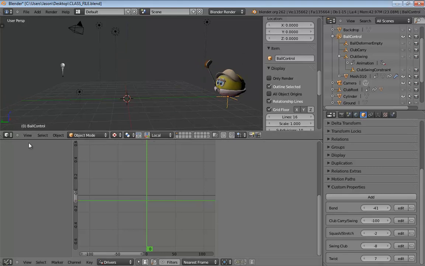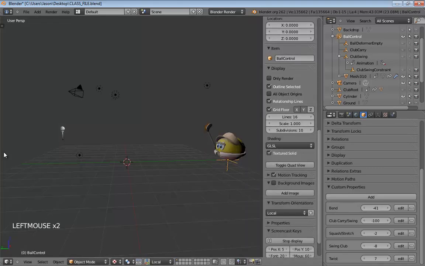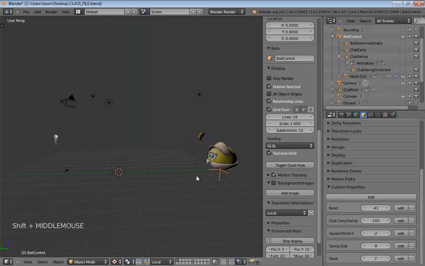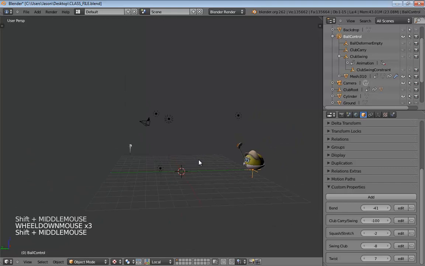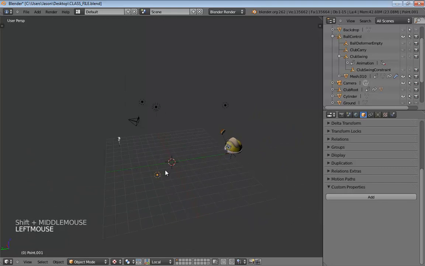I'm also going to put away our graph editor down here. We don't need it at the moment. I'll probably bring it back along with a timeline here in just a second. Kind of open up our view a little bit, and we don't really need all of these lights, but that's okay. I'll kill those later.